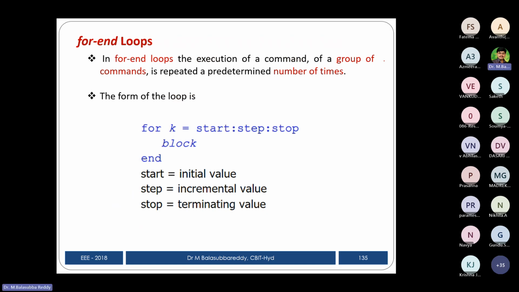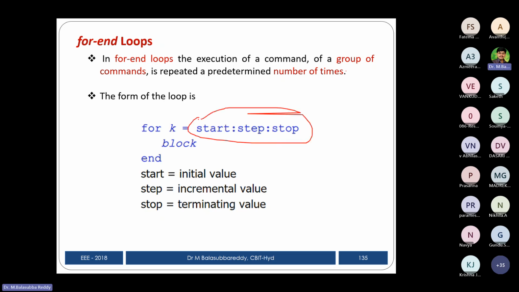Again, like an if, we need to specify for loop with end. End is required. For some variable name equal to start value colon step value colon stop value. Start and stop are fixed. This syntax is the same as the vector syntax. You can see here